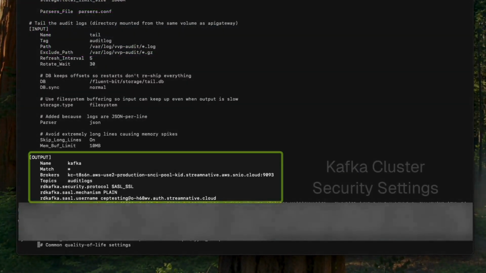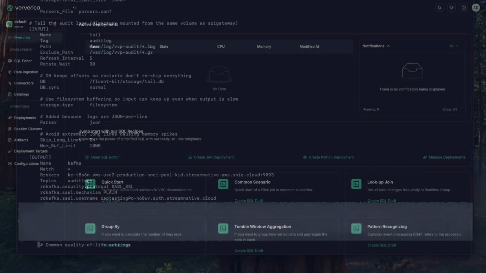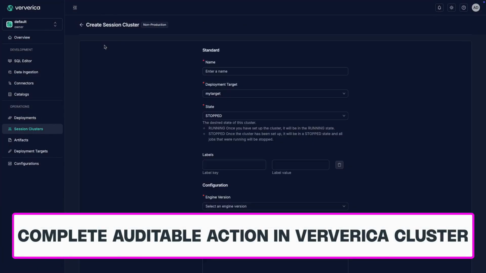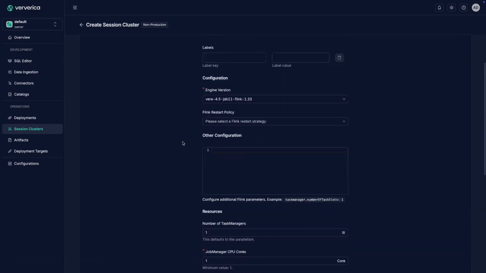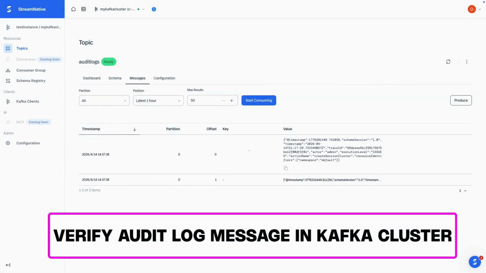After saving our changes, we force an API gateway pod restart and head over to our Ververica Platform UI. As an example, we create a new session cluster and want to see the audited action visible as a message in our Kafka topic. After creating our session cluster, we head on over to our stream-native Kafka cluster and view